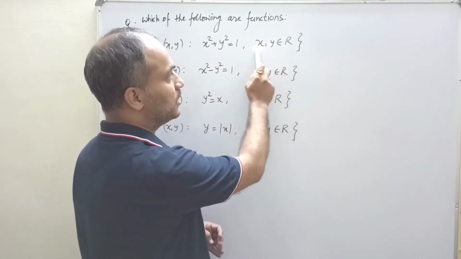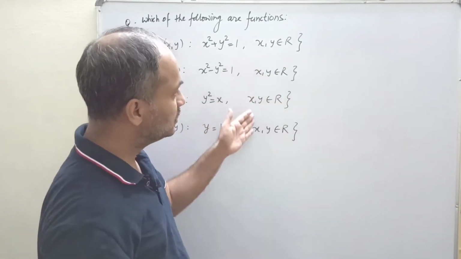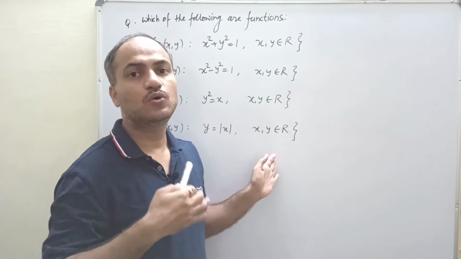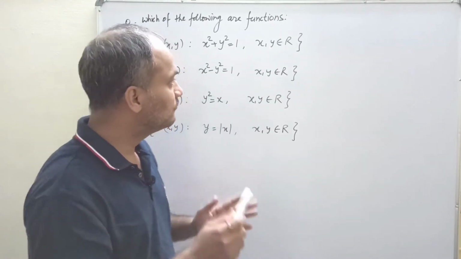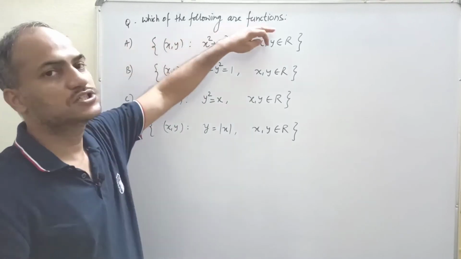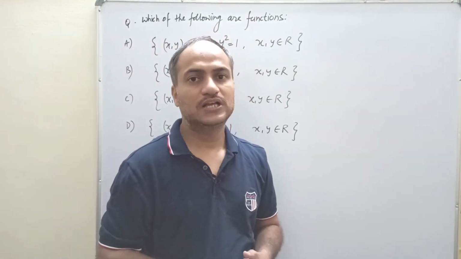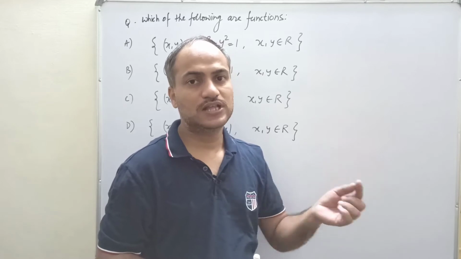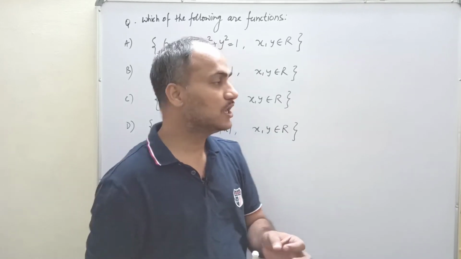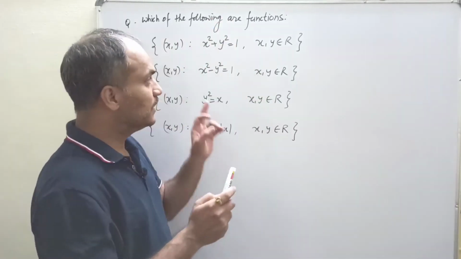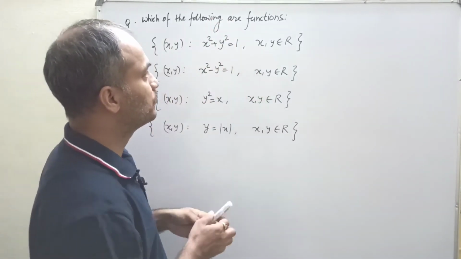Okay, so this is the domain of the function. It means they are defined on the whole real numbers. It means we have to check on the whole real numbers whether they are functions or not. If we have to show that it is not a function, then we need only one point, only one criterion, to disprove it. Let us take some points on this.